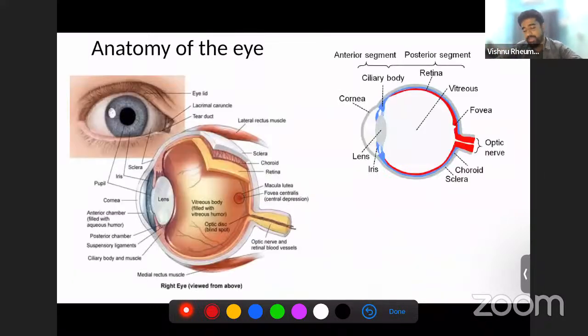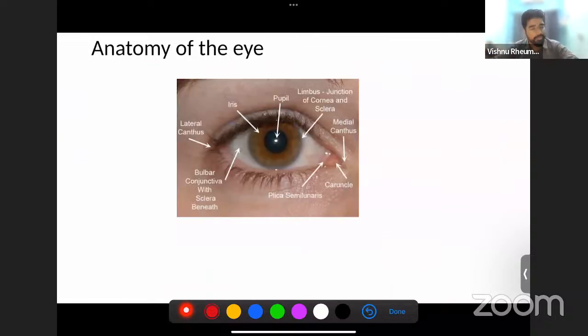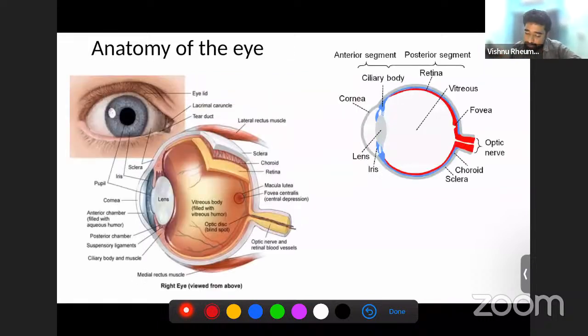This is basic, but a lot of times when we go through a lot of medicine, we kind of end up forgetting our basic ophthalmology. So just remember, iris is basically your black part of the eye, the center of which is your pupil. Then you have your conjunctiva, which is your significant outer part of the eye. As I told you, this is your